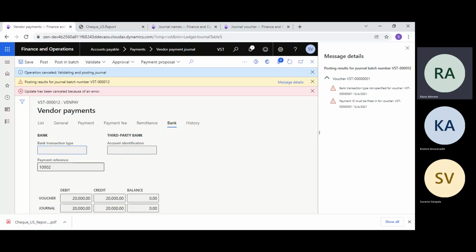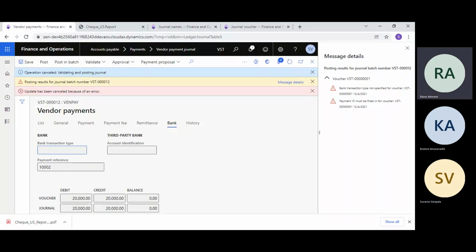We don't want to void that, right? Because it is not voided.